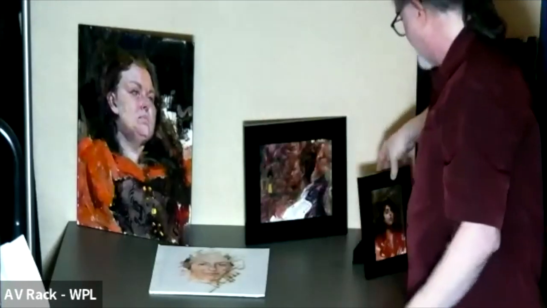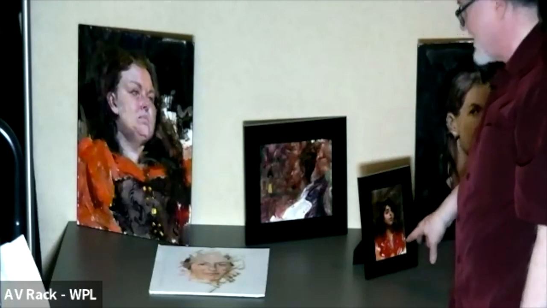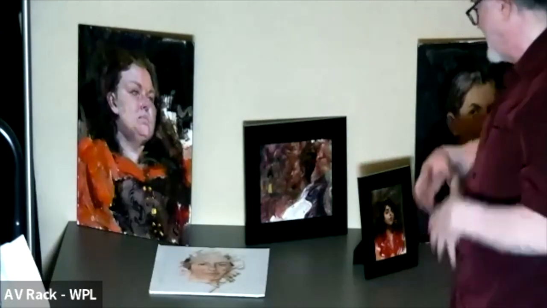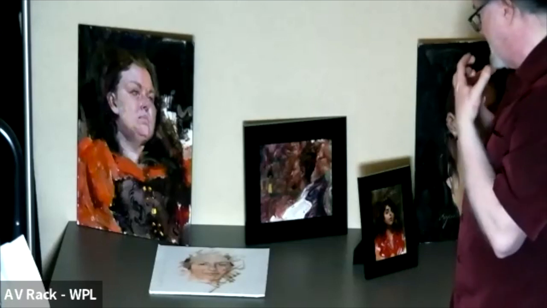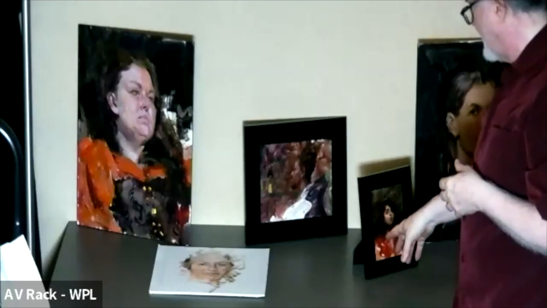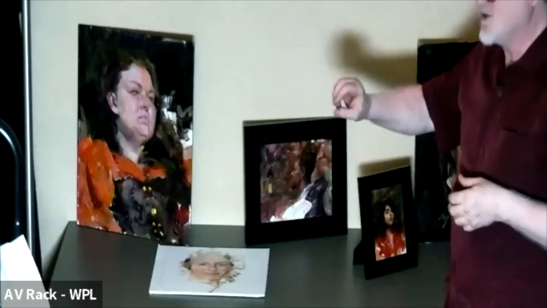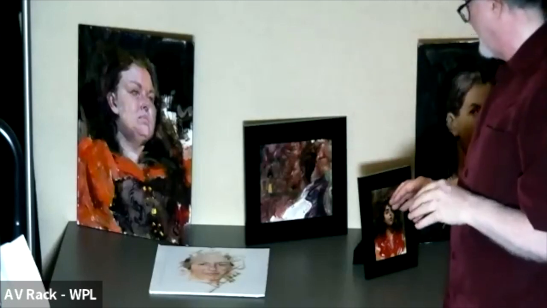Okay, different from the smaller piece here, which has much more of a Rembrandt lighting, that dark under the chin, that dark shadow cast by the nose. The difference between that and that is mostly just lighting. The paint is the same. Paint handling's a little bit different, but not much.